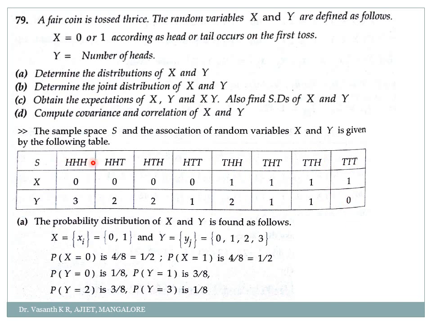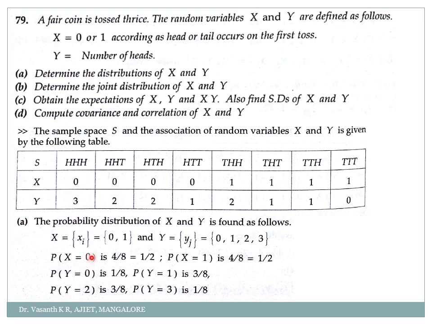Correct? See, and one more thing my dear students, we don't expect this to be in the same order. Okay, order is left to you. However you want you can write, but make sure that all the 8 possibilities are there over here. Okay. Yes, this is done. Now you got x and y. Now what are the probabilities of this x equal to 0 and y equal to 0? That is what I have to check here.